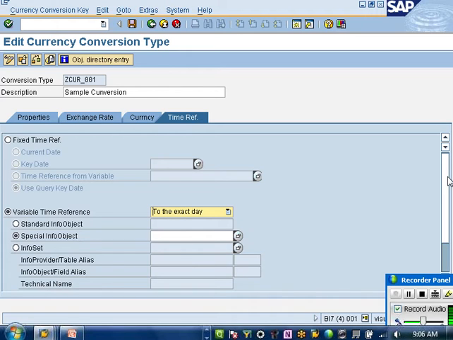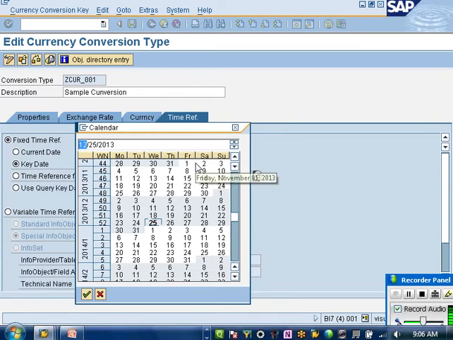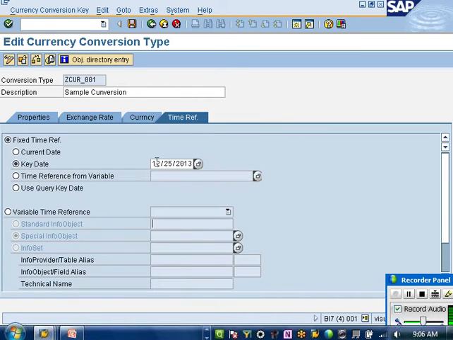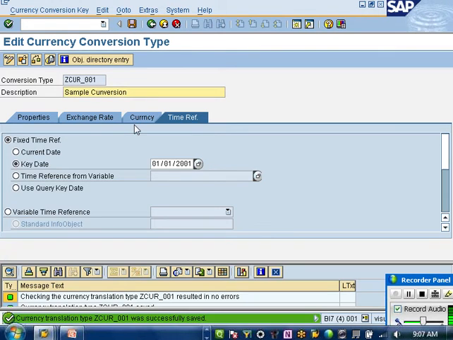I specify my own date, which should be valid, 01/01/2001 from government. Any other date is fine. And save. This is my conversion type where I set the source, target and date.